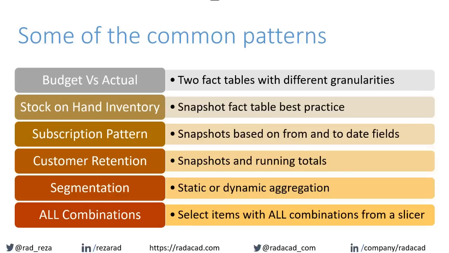A subscription pattern talks about having a from and to, or let's say start and end date, and finding all active subscribers, or this can be a ticketing system, all open tickets and things like that in those periods, which is again different. Customer retention talks about things such as how many new customers you have, how many lost customers, segmentations,